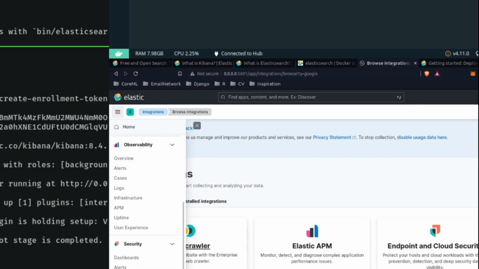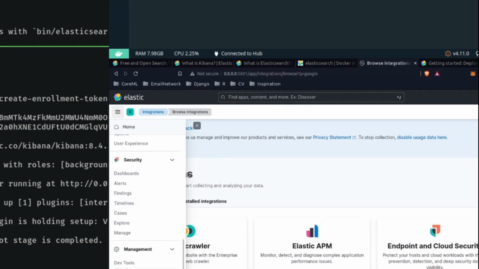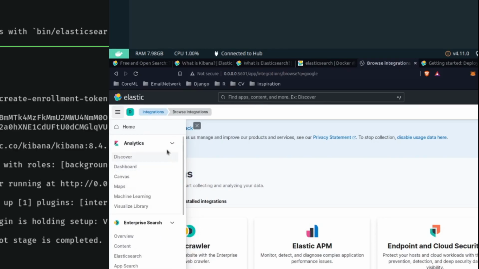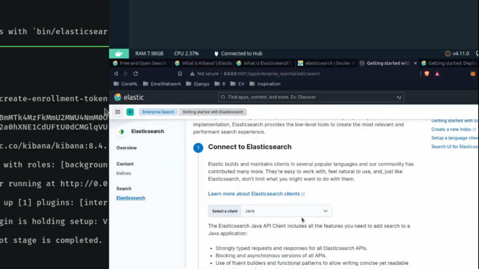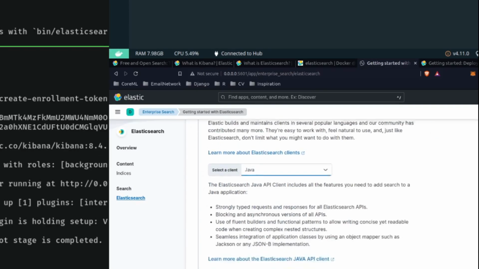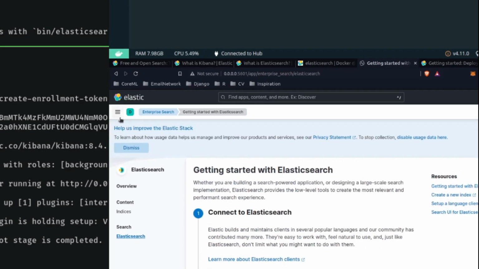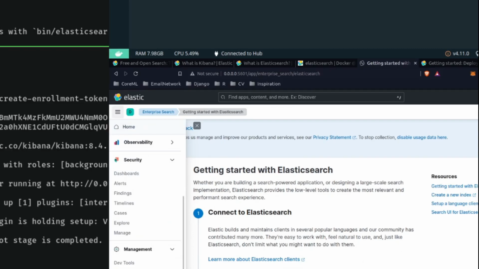I'm not even going to go through all of this, but what I want to point you to is that on the left hand side, there is the analytics section, enterprise search section. So if you want to implement some sort of search, you can do that. Click on Elasticsearch, choose a client, and just follow through the guide. And maybe if anyone has questions on that, I could do a video on it in the future, but I'm not even going to talk about that. There is also security. We're not going to talk about that either, but what we're going to do is